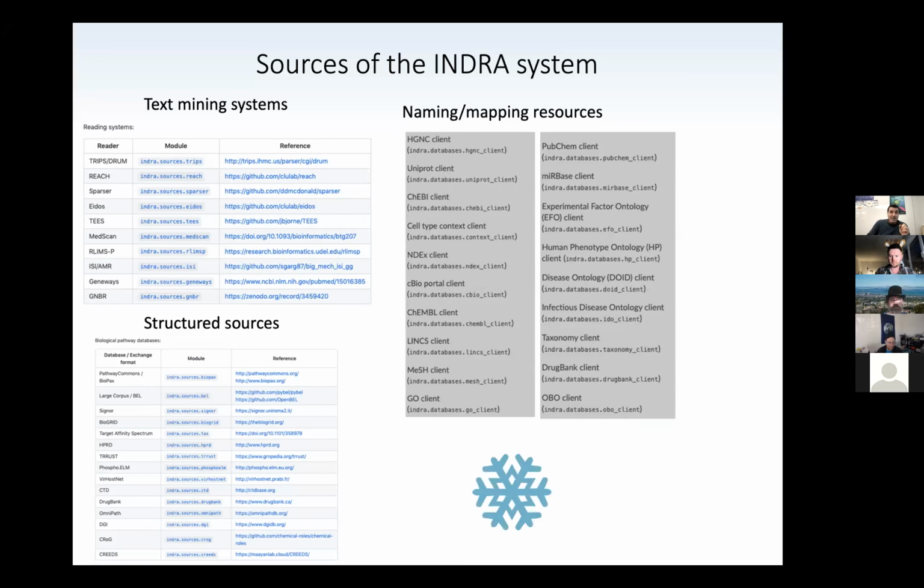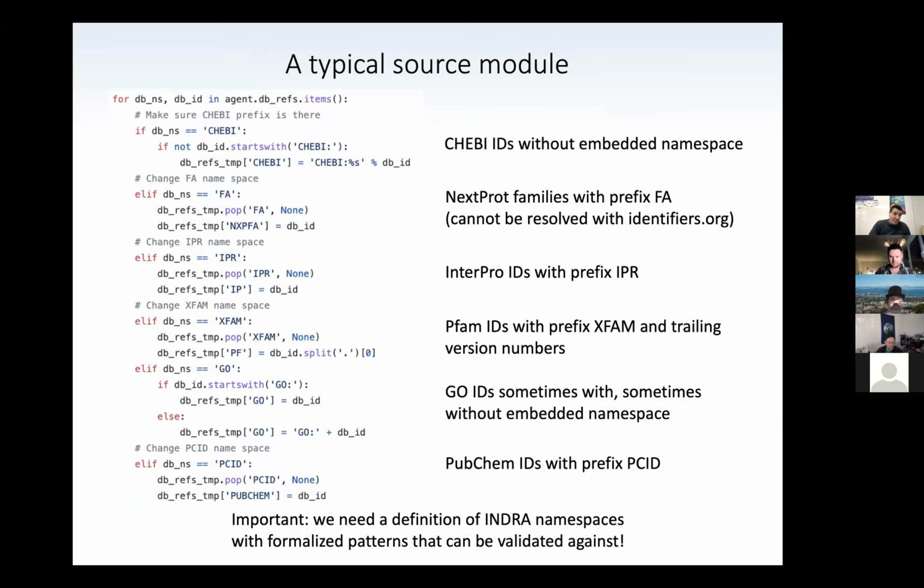And so here's a snowflake, because each of these sources is like a special snowflake. So they all have their own way of identifying namespaces and prefixes and identifiers. And if we want to build a system that can produce something coherent from all these sources, then we need to standardize across all these. And so here's just one example from one of the